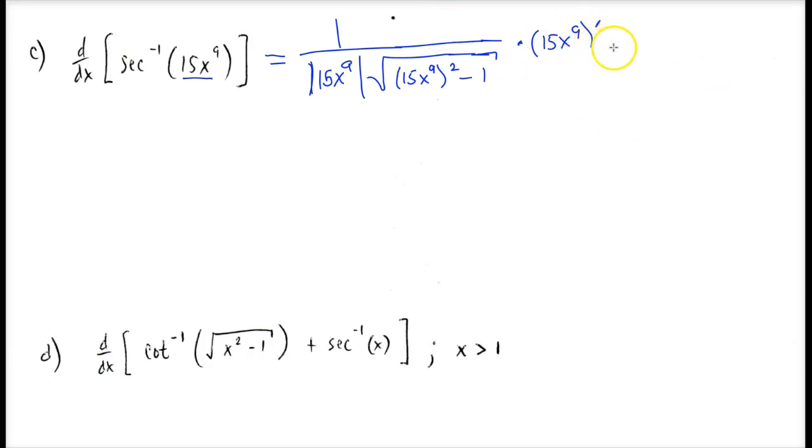So in doing that, we know that the derivative of 15 times x raised to the 9, we'll start off having to multiply 9 times 15 per the power rule. That would be 135, and then we subtract 1 from the exponent, so that'll be 8. And then of course,